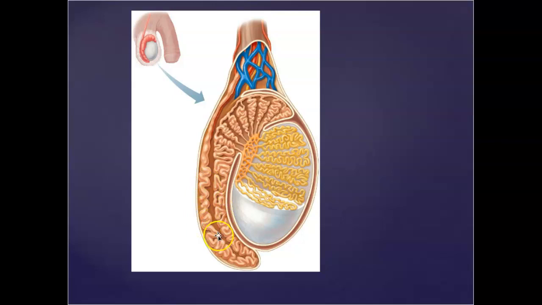Then, once they are pushed out of the epididymis during the ejaculation process, they go through the vas deferens. Here you can see the deferential artery attaching to it. They will go through the vas deferens. That goes up through the spermatic cord and the deep inguinal ring, into the pelvic cavity, all the way behind the bladder to the back bottom portion of the bladder, into the ejaculatory duct of the prostate, and then into the urethra of the penis,